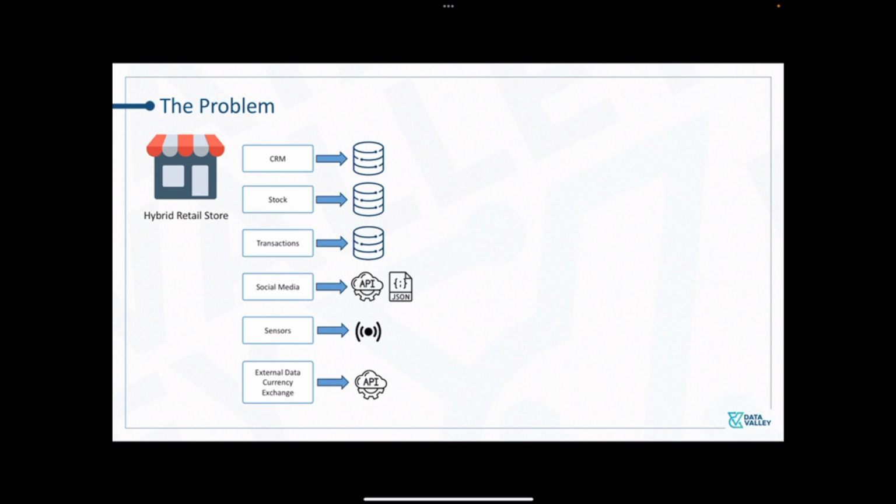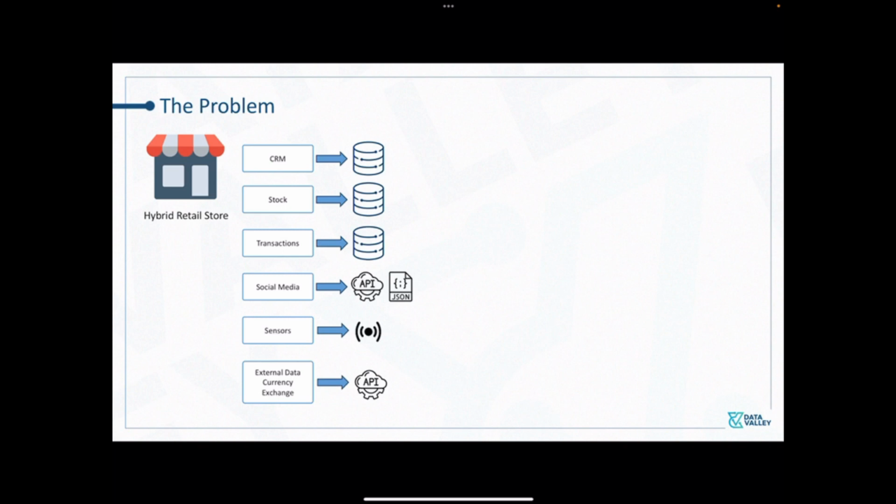So in this database, we have purchase operations, we have refund operations, we have all kinds of details about the transactions. We have social media data, we have social media pages, and we are extracting the data from our social media pages, either on LinkedIn, Facebook, or Twitter. We have sensors all around the place, temperature sensors, tool sensors, different kinds of sensors. We have external currency exchange data, for example, if we are dealing with multiple currencies. So these are the high-level sources of data that might exist in this kind of business,